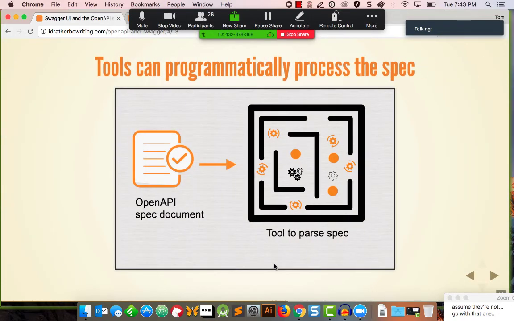All right. So let's get into some of the tools. I said that tools can programmatically process the spec. The idea is that you've got your API described. Now, what can I do with it? I was talking with one of the writers in this area who attended a long workshop on Swagger and the OpenAPI, and he said, you know what, we spent so much time just trying to write the spec, you didn't really get a sense of what you can do with it afterwards. And so I thought, maybe I'll emphasize some more of these